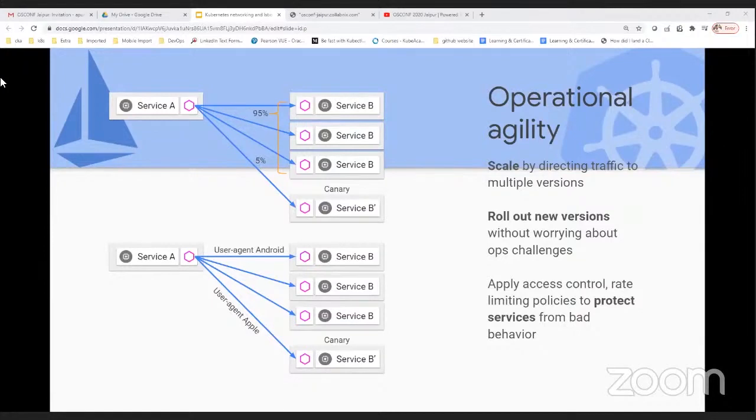If I'm doing canary deployments, I can control the traffic. If I have two applications, where one is running for Android and one is running for Apple, I can do that with the help of Istio.